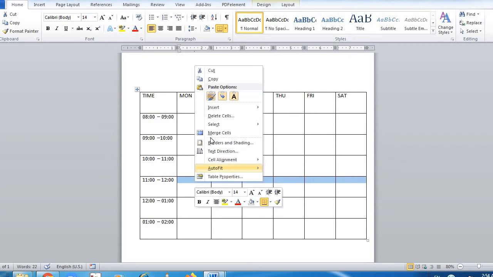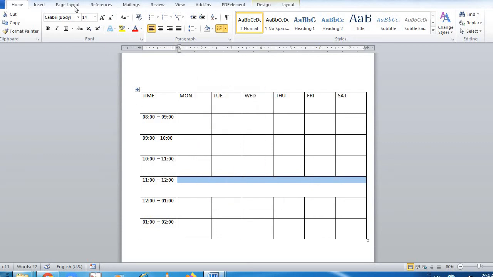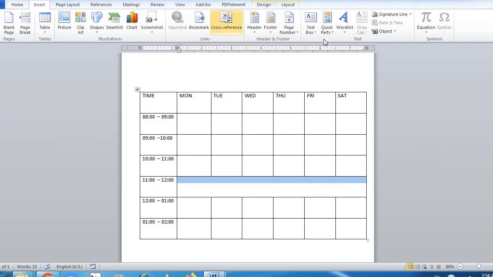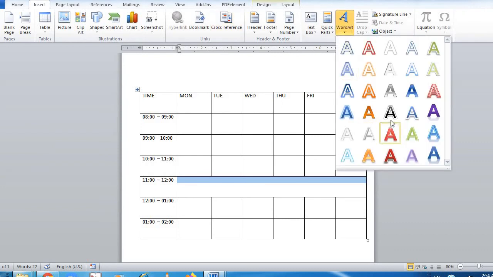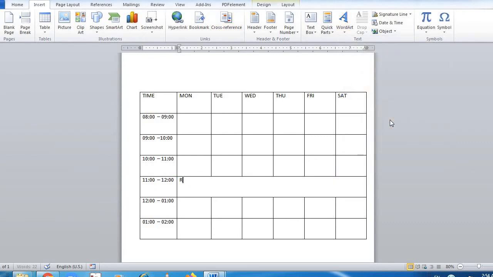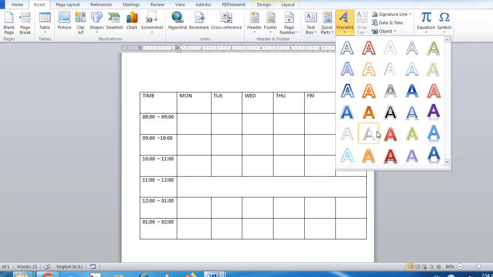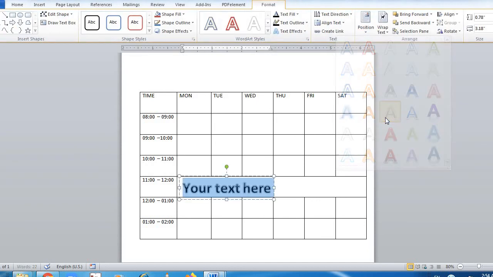Right click, merge cells, go to Insert, go to Word Art, and type here. Insert Word Art, recess.